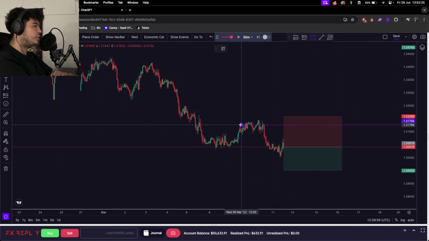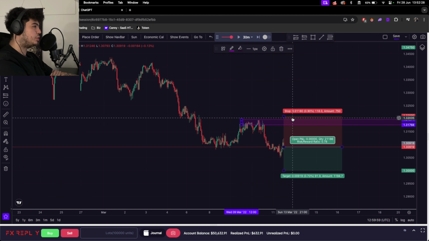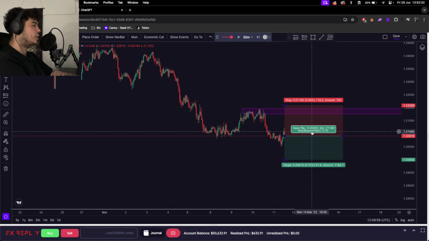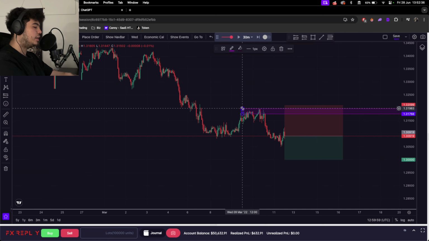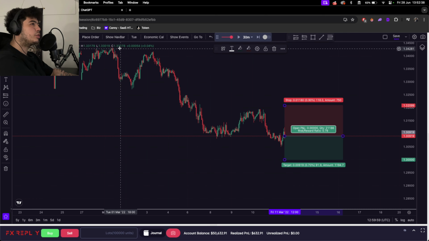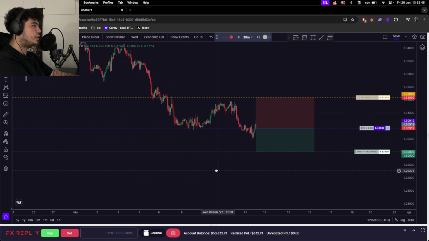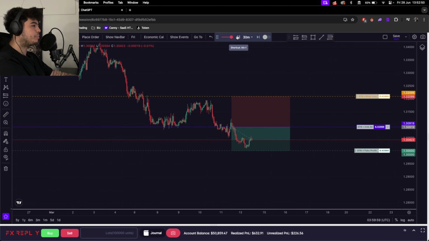It's also accounted for this previous high here, and it's put a stop just above this previous high, which again is quite nice. The only downside to this trade is it's not even a 1-to-1, it's a 1 to 0.78. However, that's not necessarily a bad thing. You can make money with negative R&R if your win rate is high. So again, we'll enter this trade and we'll see how it goes.